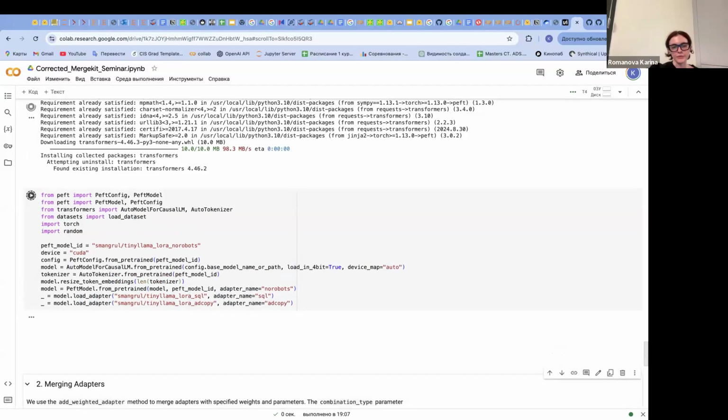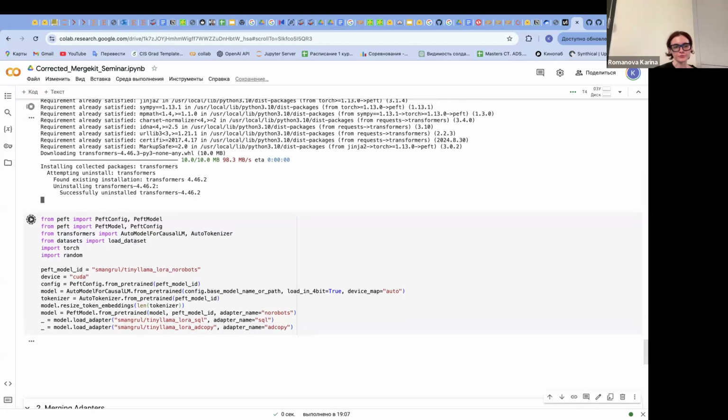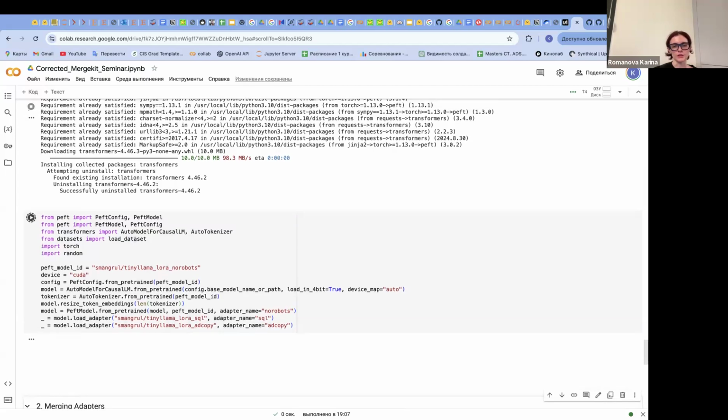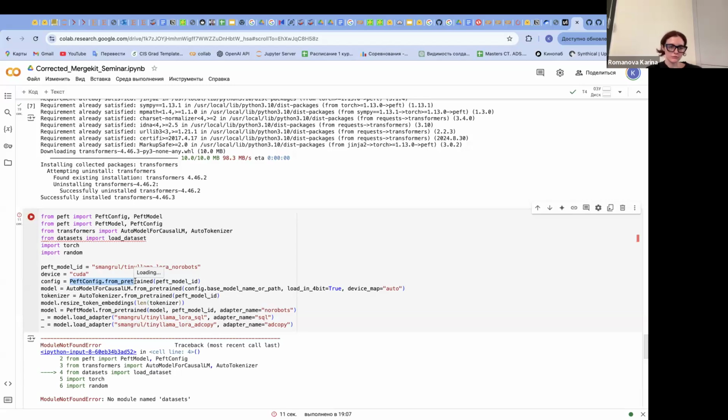So we begin by importing classes from the PEFT and transformers libraries, which are essential for loading and managing adapters and models. The PeftConfig.from_pretrained method retrieves the configuration for the